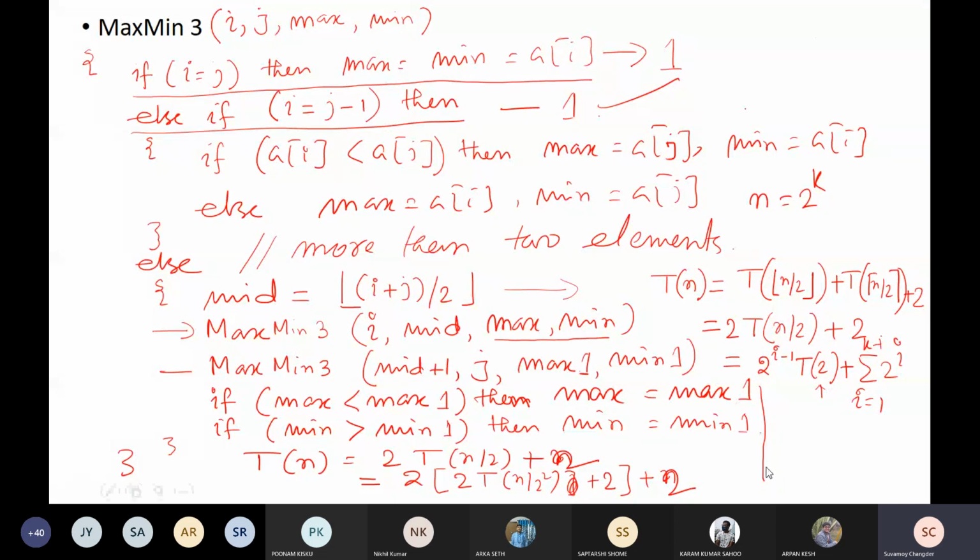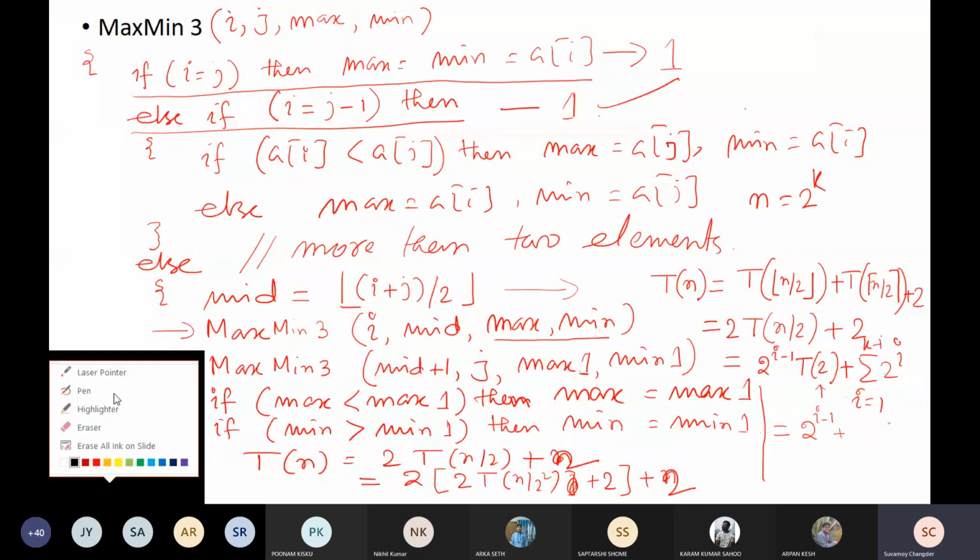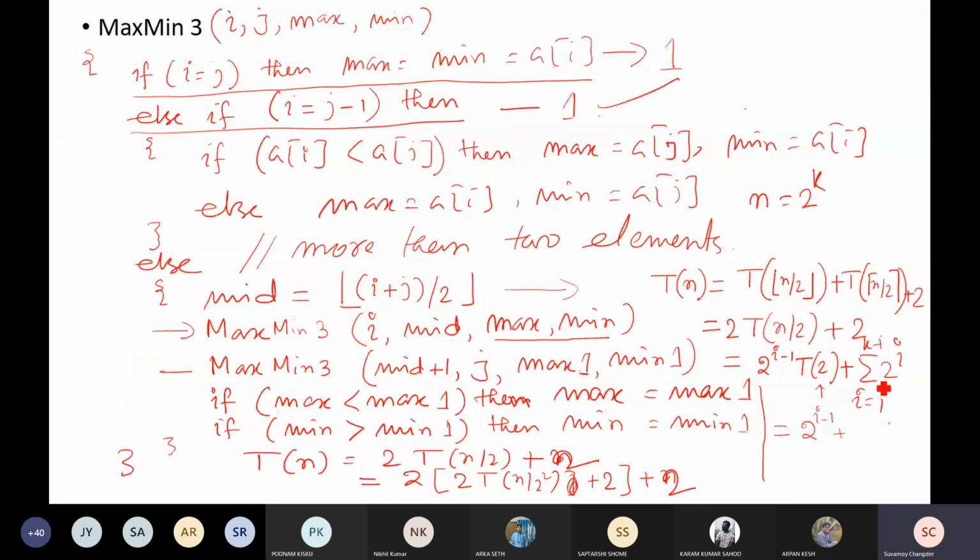We can write this as 2 to the power k minus 1 plus the sum of 2 to the power i, and this one we can write from the GP series, that is 2 to the power r to the power n plus 1 minus 1. So here we are having k number of terms,